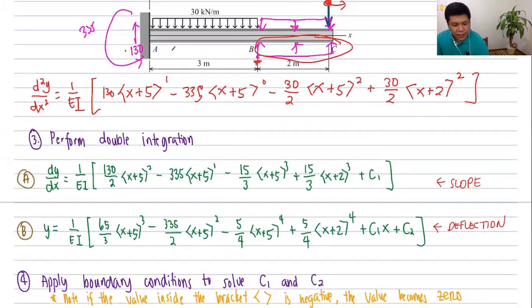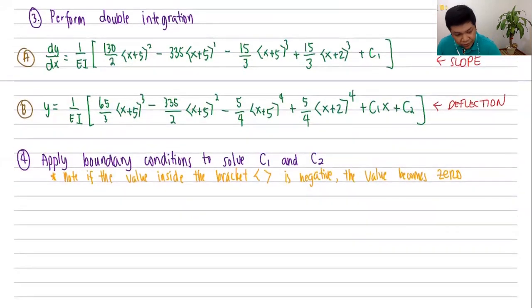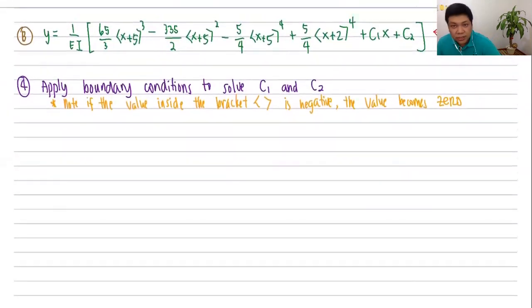After which, I now need to impose my boundary conditions. To impose my boundary conditions, take note that that's a fixed support. Therefore, again, dy over dx is equal to 0. But where? dy over dx is 0 at the fixed support where x is equal to